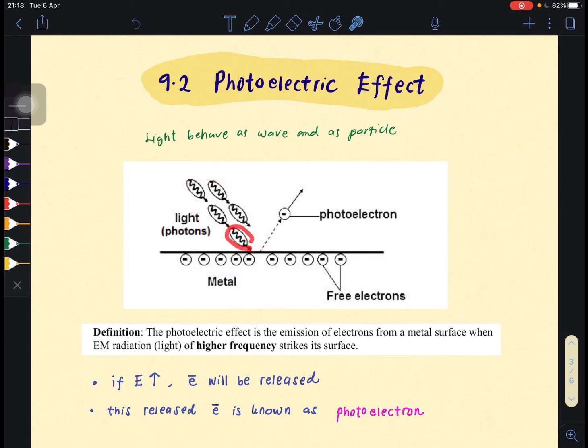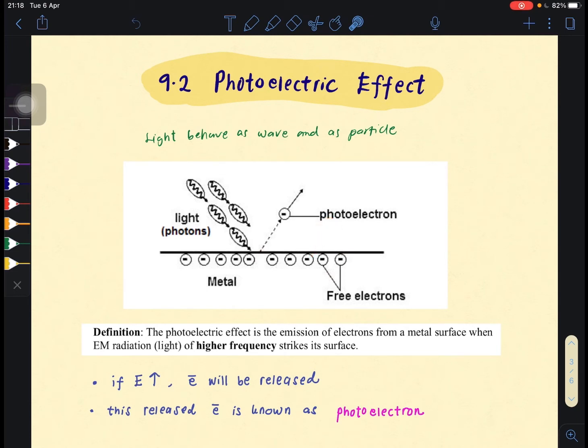One photon gives its energy to one electron, and this electron will be released from the metal. So as you can see here, let's say we have 5 photons. 5 photons means that there will be 5 electrons